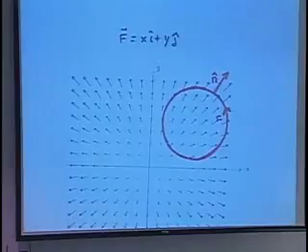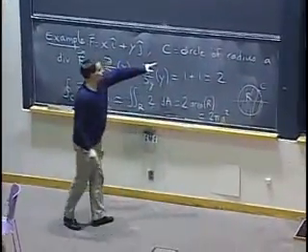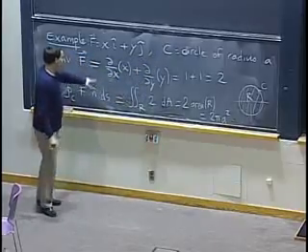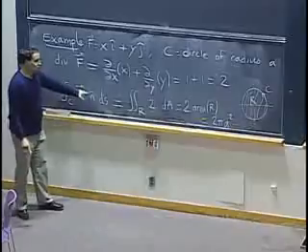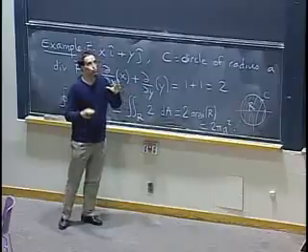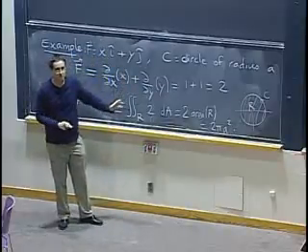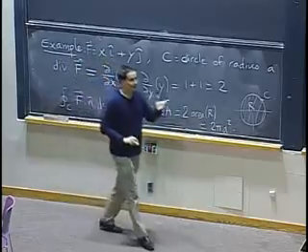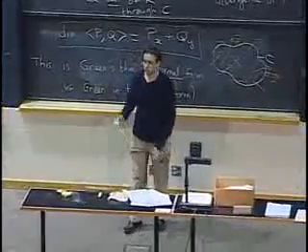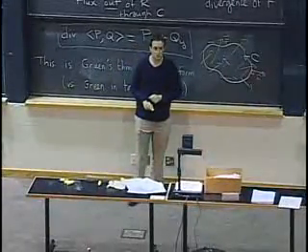So if you want to do it by direct calculation, then you have to parameterize this circle and figure out what the line integral will be. But if you use Green's theorem, we never used the fact that it's the circle of radius a at the origin. Right? It's true for any closed curve that the flux out of it is going to be twice the area of the region inside. So it will still be 2 pi a squared even if my circle is anywhere else in the plane. So if I had asked you the trick question, where do you want to place this circle so that the flux is the largest? Well, the answer is actually it doesn't matter. Okay.